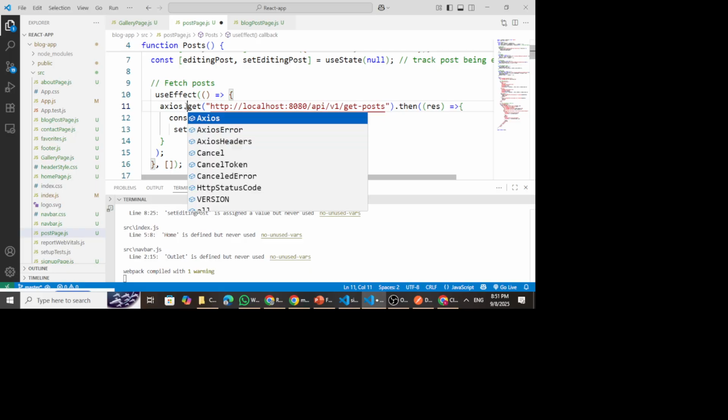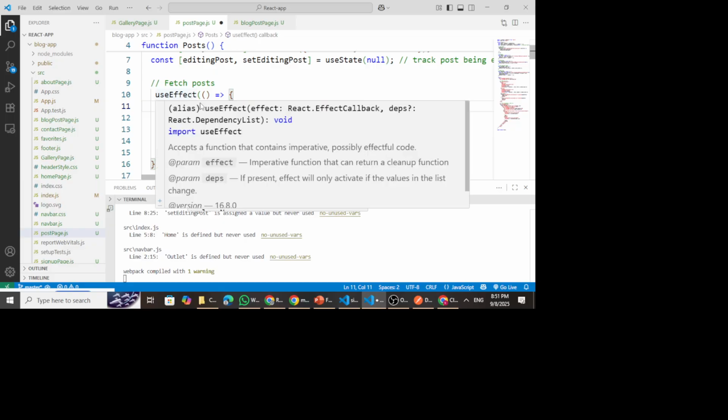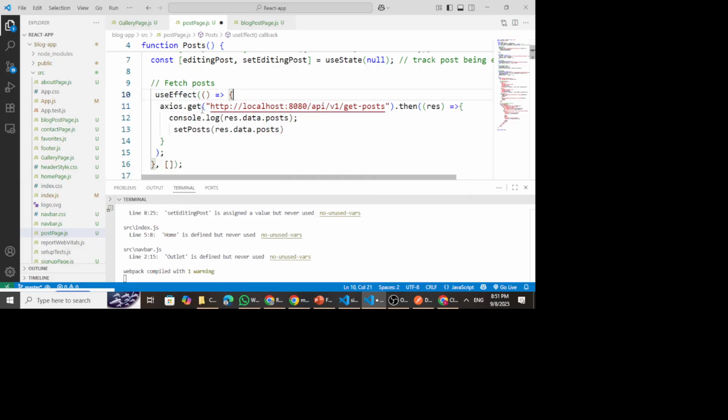When you press the dot, you should be able to see that it has a lot of methods built into it. So we have a method called post, we have patch, we have put, we have get, and so many others. Because we want to fetch some content from the database or from the server, we use the HTTP method get, and then within this we provide the URL